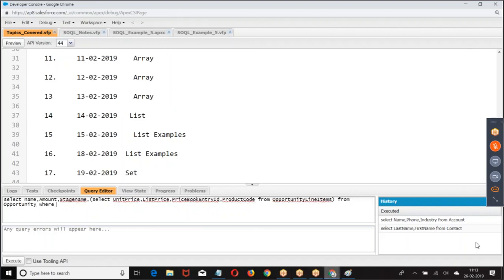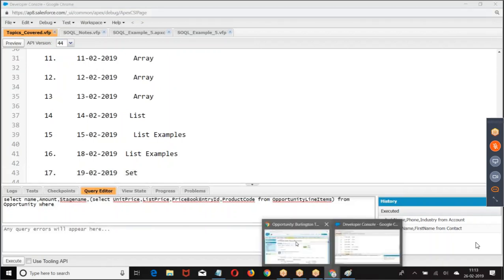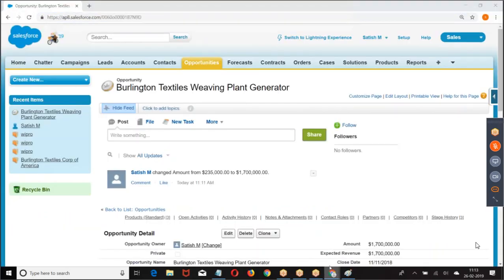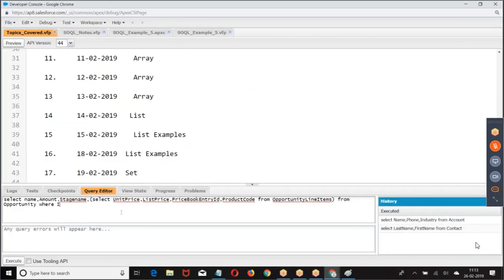I'll give this particular record, we'll take it because we entered it. It will be easy for you to identify. Where ID equal to.